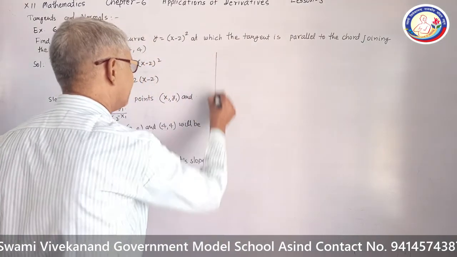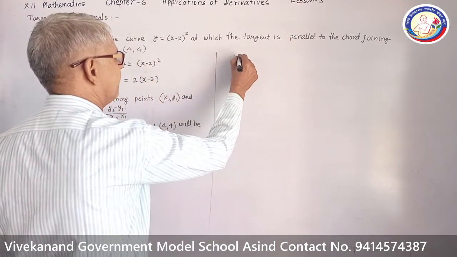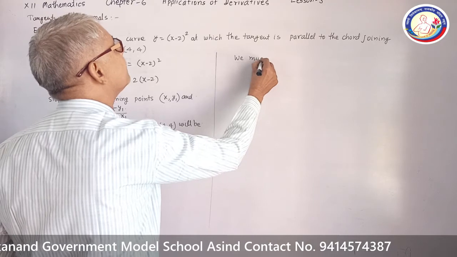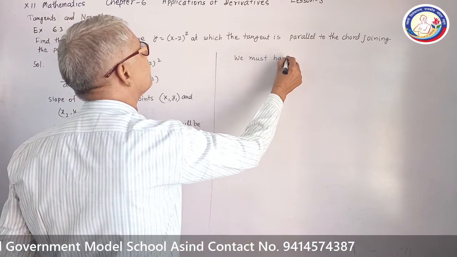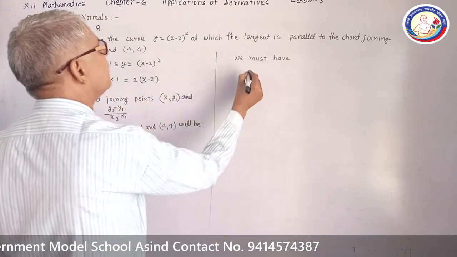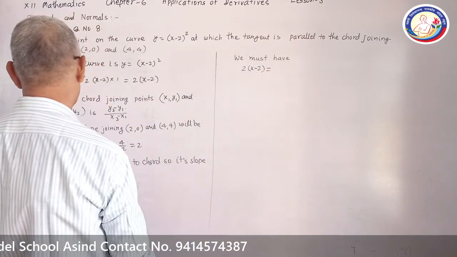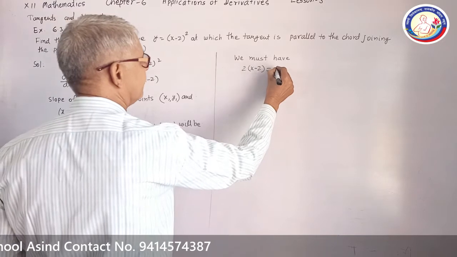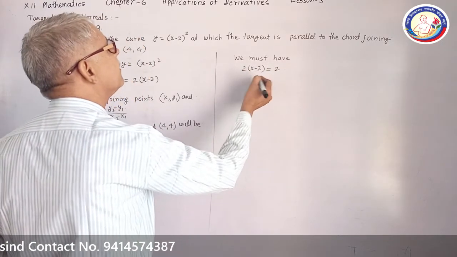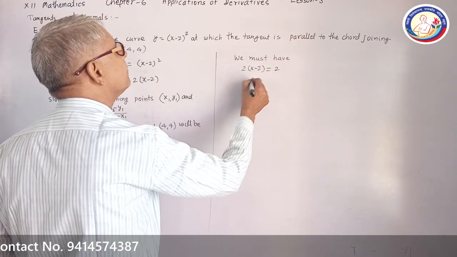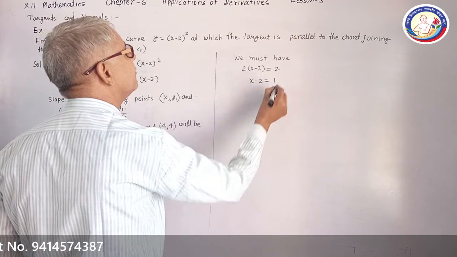To find the point of contact, we must have 2 into x minus 2 equal to 2, and this will give us x minus 2 equal to 1,